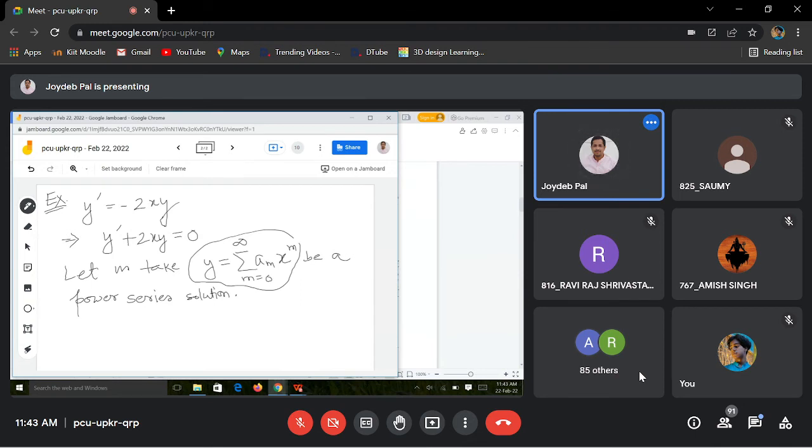Okay, मतलब y is equal to summation m from 0 to infinity a_m x to the power m, ये एक ट्रायल सॉल्यूशन है which is in the form of a power series. Now in that series, these coefficients a_m are unknown, you have to find them. मतलब for that problem you have to find the corresponding values of a_m, that is your target. अगर a_m मिल गया तो solution मिल गया.